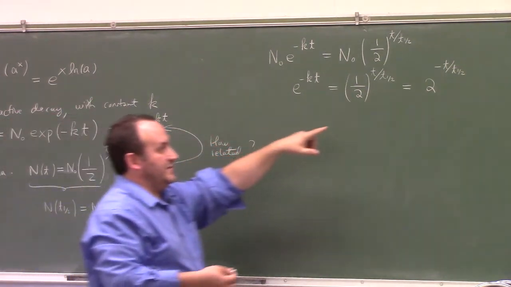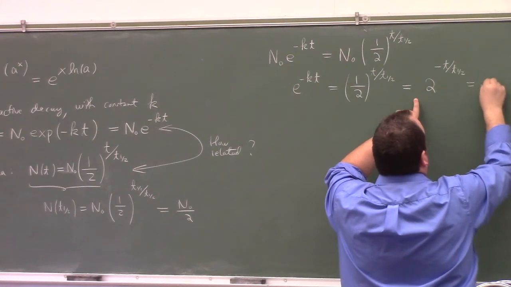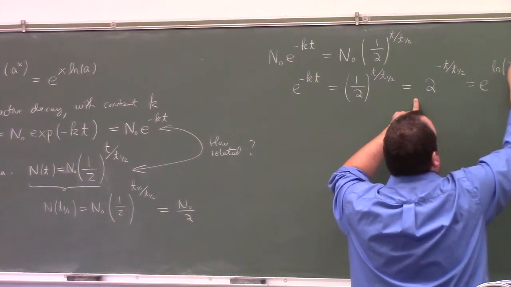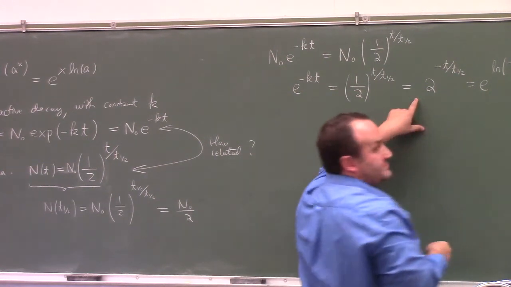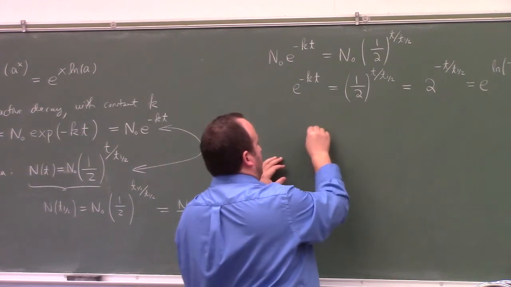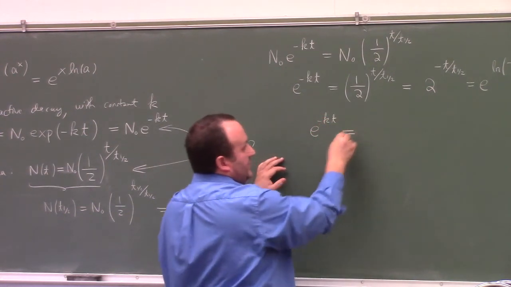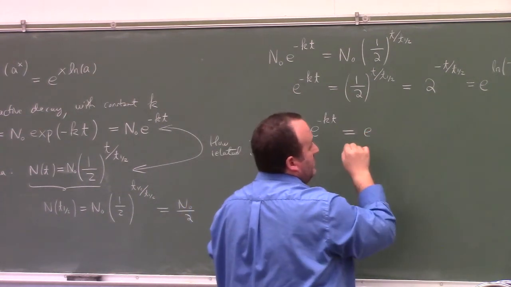We can convert this to an exponential by saying this is e to the natural log of 2 to the minus t divided by t 1/2. So we have e to the minus kt equal to e to the